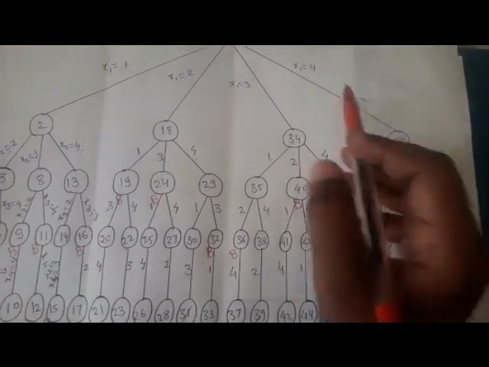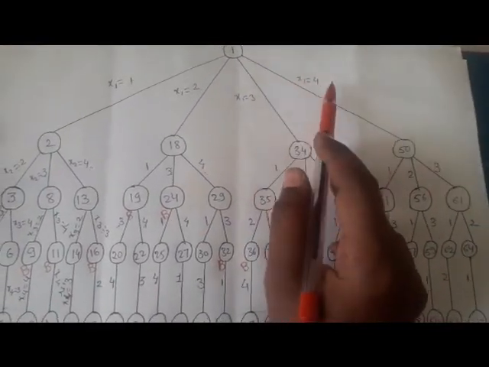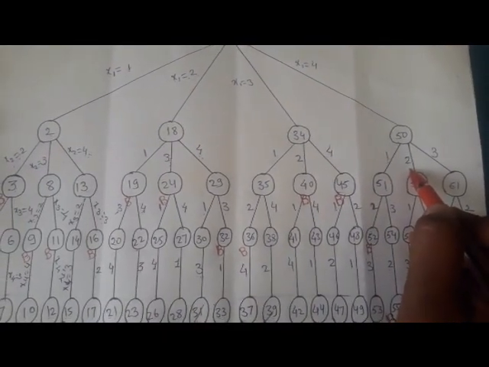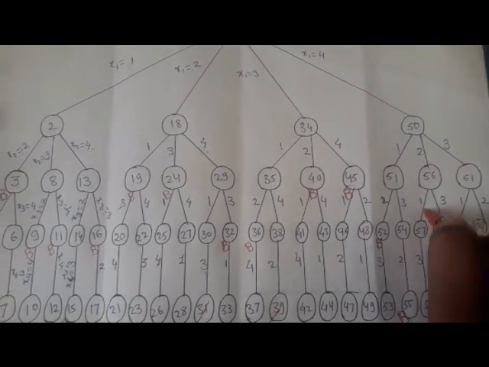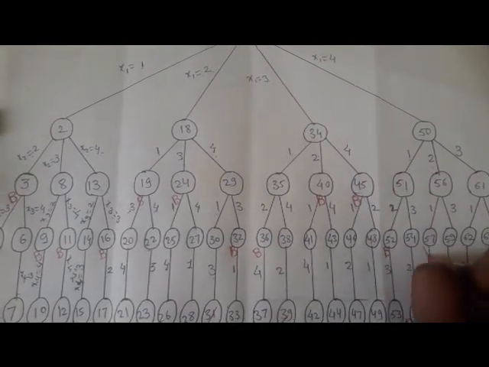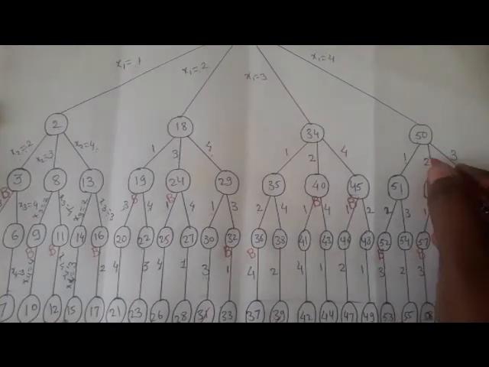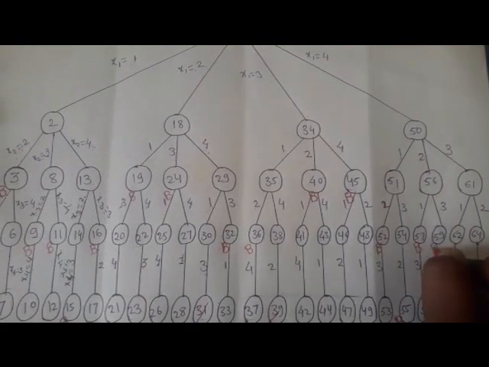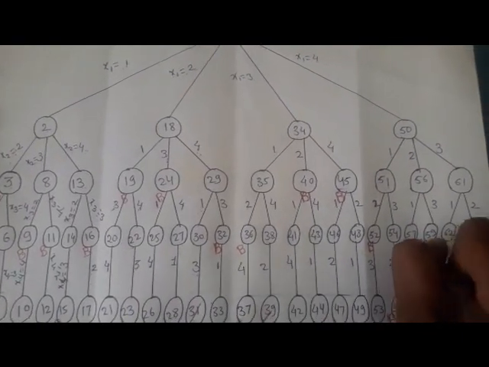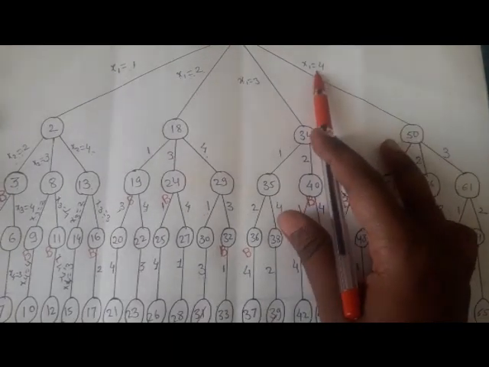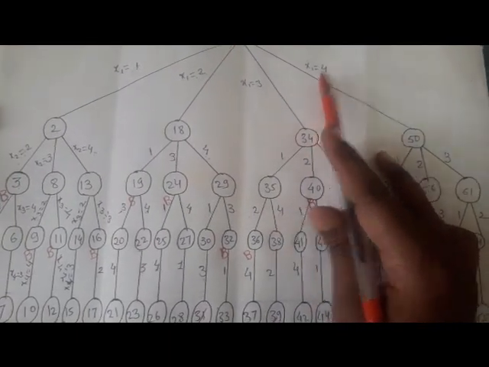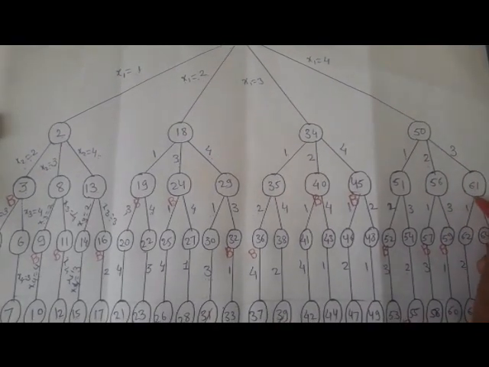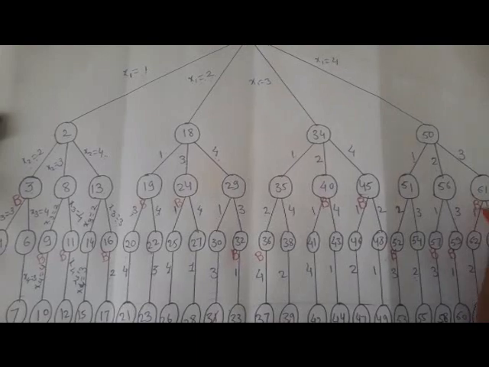Now the next child: the first queen is present in the fourth column, the second queen is present in the second column, then the next third queen is present in the first column. Here we have to backtrack. With the second queen in the second column, we can't put the third queen in the third column because it will directly attack. Next, the first queen is present in the fourth column, the second queen is present in the third column, then we can't write it here, so that's why we have to backtrack.